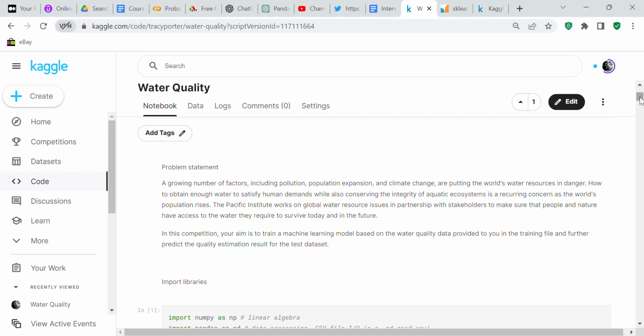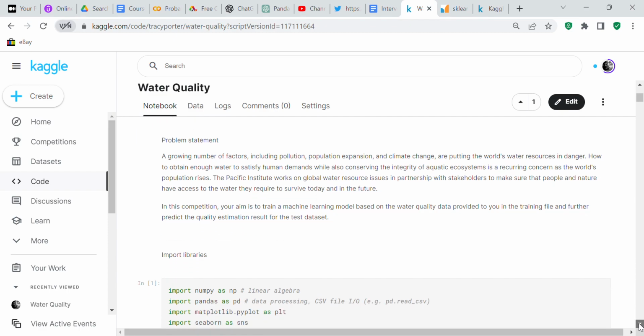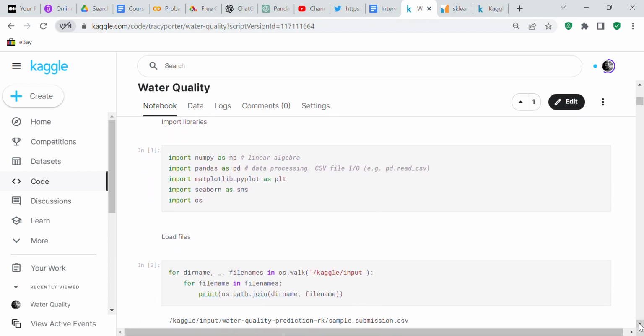So let's see what my program has to say about predictions. The first thing we're going to do is import our libraries. We're going to import NumPy as NP, which is for numerical computations. We're going to import pandas as PD, which is for data processing.